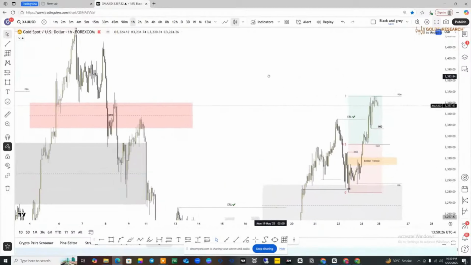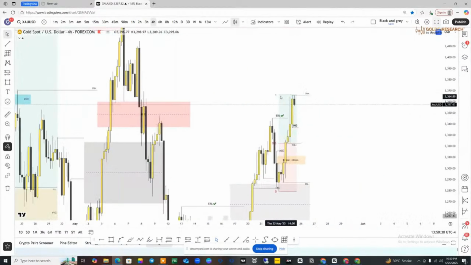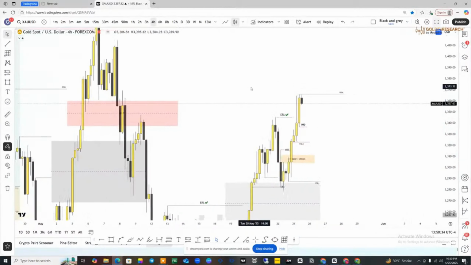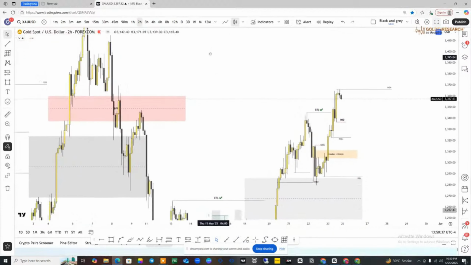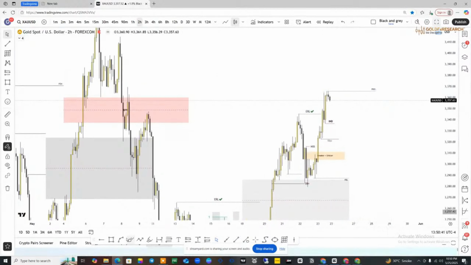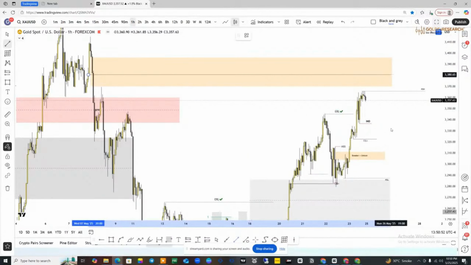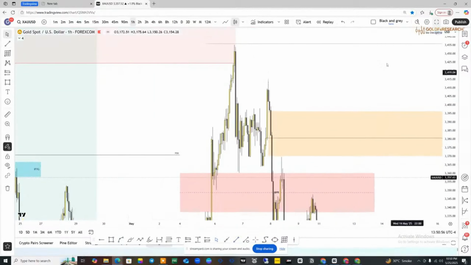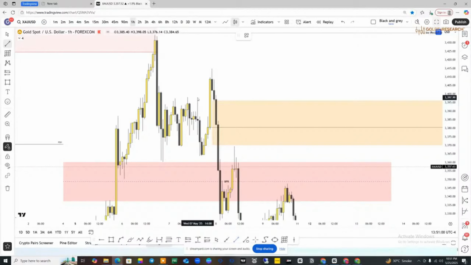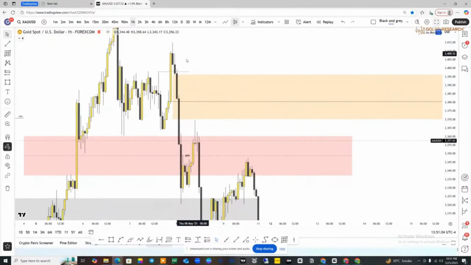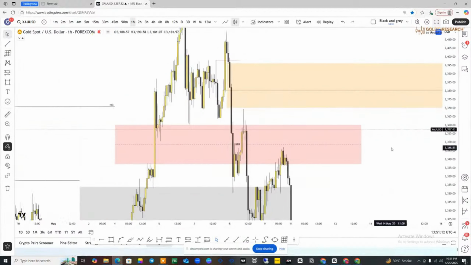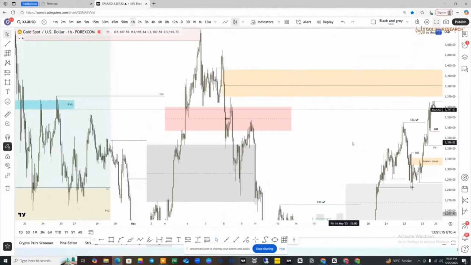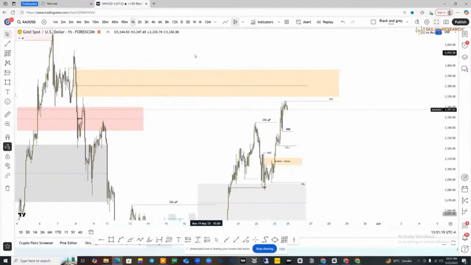H1 में आओ, यहाँ पे देखो, यहाँ पे हमारे पास बाय साइड की लिक्विडिटी पेंडिंग कहाँ पे, ये प्रीवियसली हाई पे। इसके ऊपर देखो कि कौन से पीडी एरियाज पड़े हैं आप लोगों के पास। H2 में आओ, इसके ऊपर हमारे पास ये एक पीडी एरिया पड़ा हुआ है, FVG पड़ा हुआ, इसके साथ हमारे पास H1 का OC लेवल आ रहा है कुछ इस टाइप का। अब ये H1 का लेवल इंपॉर्टेंट क्यों है, क्योंकि यहाँ पे देखो इस ऑर्डर ब्लॉक ने बाय साइड की लिक्विडिटी को पर्च किया था, नीचे की साइड ब्रेक किया था, एफवीजी छोड़ा था। इस ऑर्डर ब्लॉक के साथ एफवीजी आ रहा है। तो ये वाला एरिया हमारे पास सेलिंग के लिए सपोर्टेड एरिया हो सकता है।